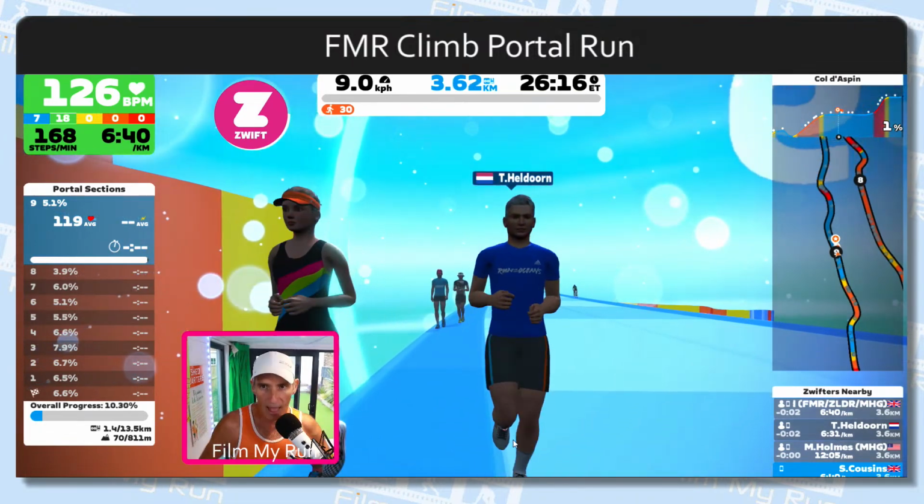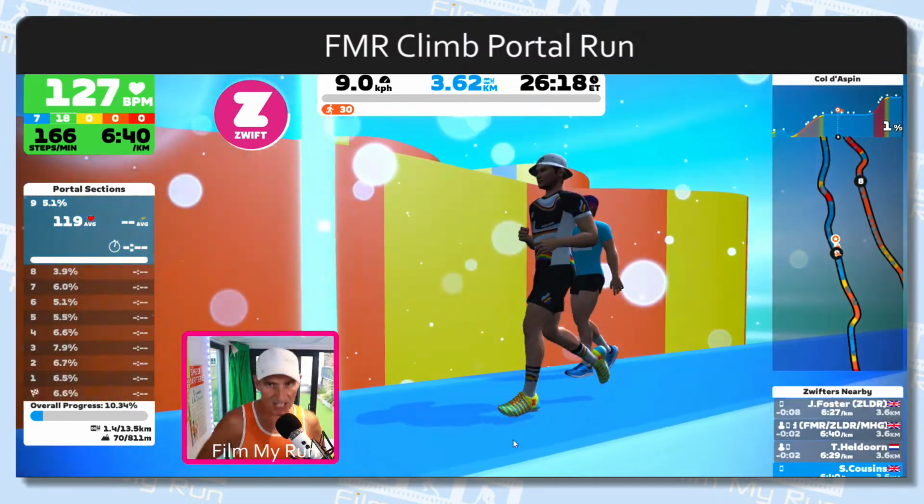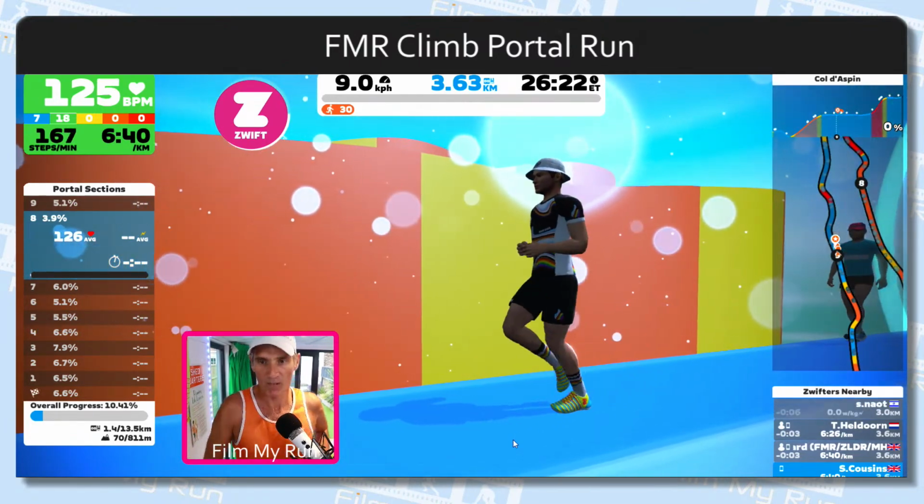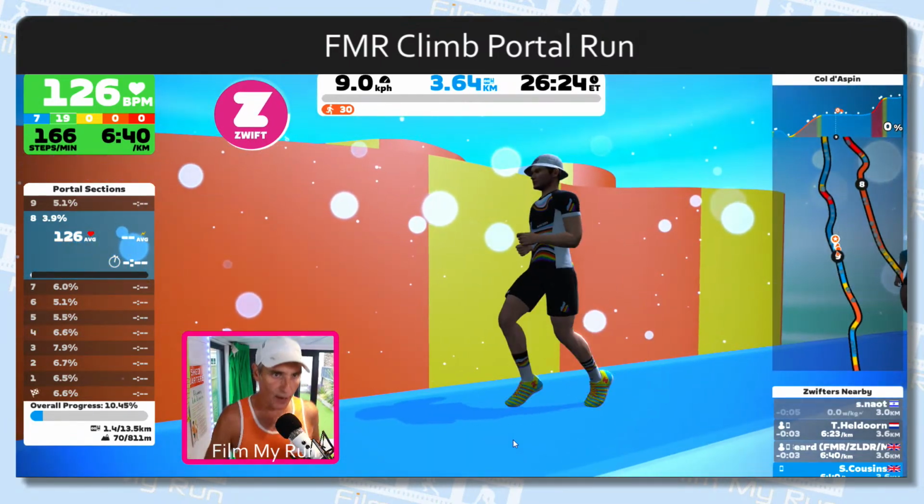They can just leave the environment as is and just create the climb itself with fairly standard graphics.